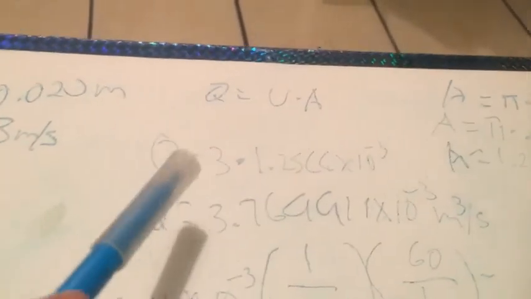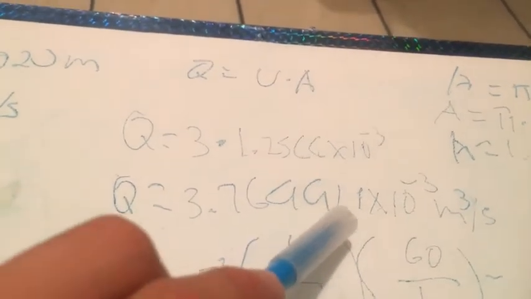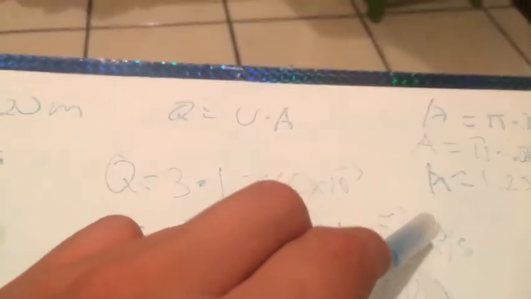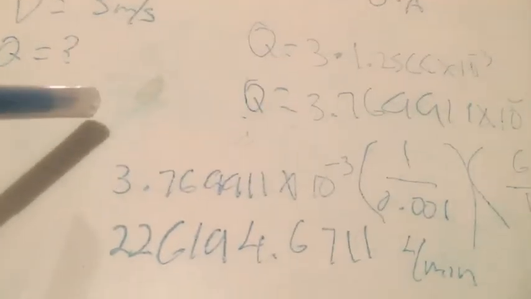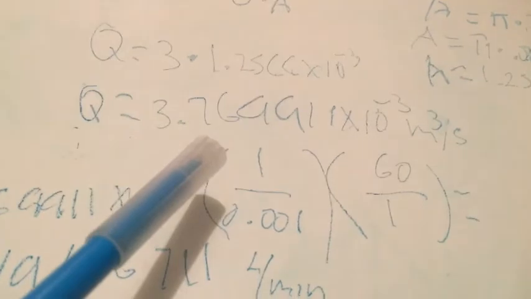And once we have this, we multiply it times 3, that is the velocity. And we have this, 3.769911 times 10 to the minus 3 meters cubic over second. And the problem says that they have liters per minute. So we have to convert this result, that is the quantity in meters cubic over second, times 1